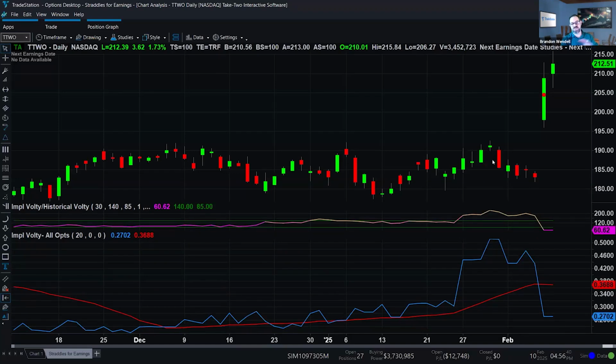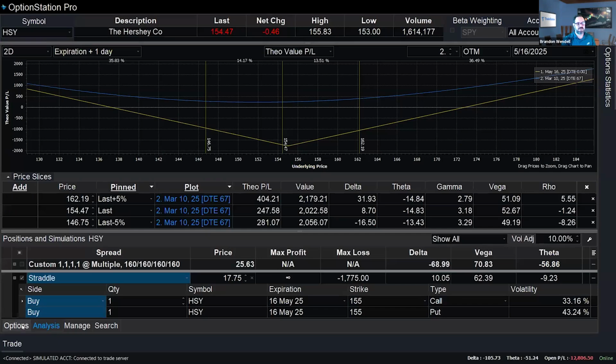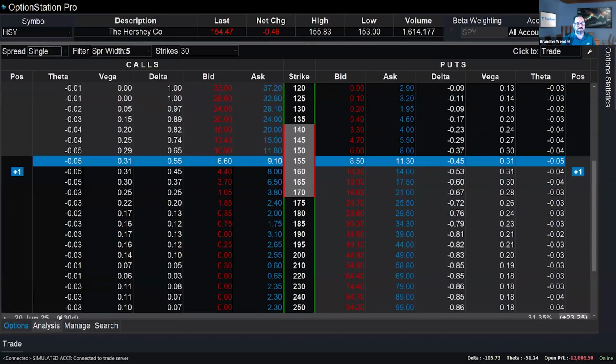But let's just say in general, we're bullish on the stock. We're expecting it to go to the upside for a while. Many people would either buy the stock, it's $212 a share. It's kind of expensive. Do you want to buy 100 shares? Or buy a call, right? Well, if we go out and buy the call, actually, before I go there,